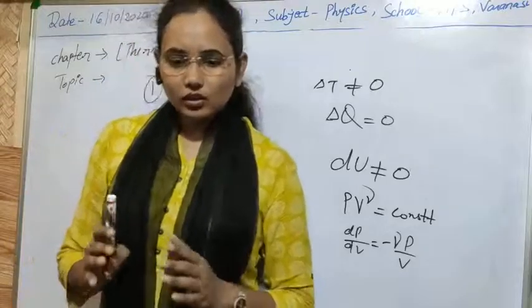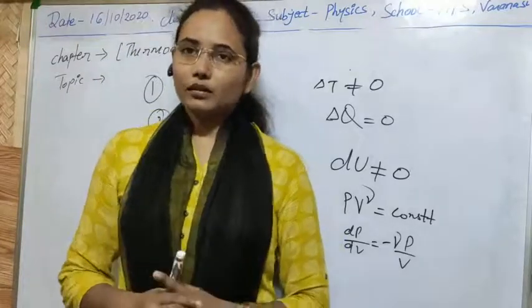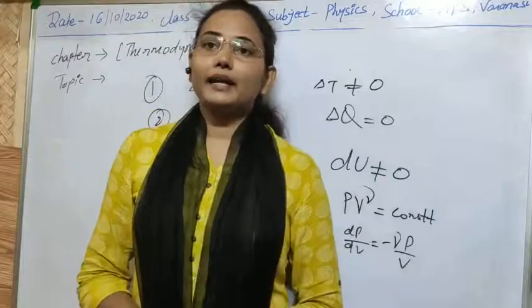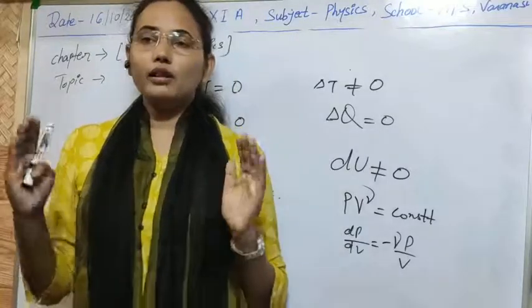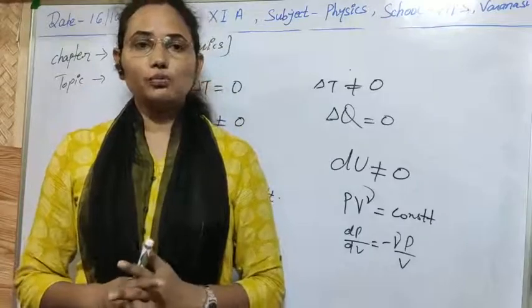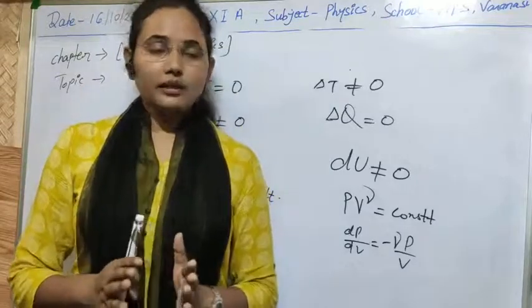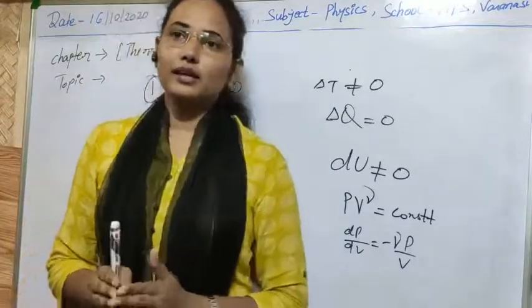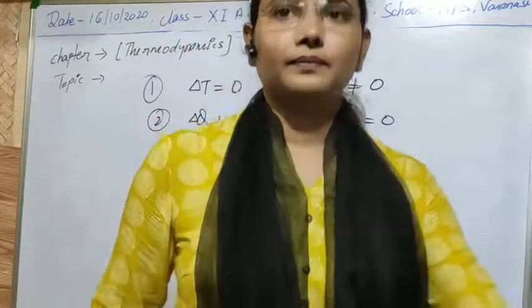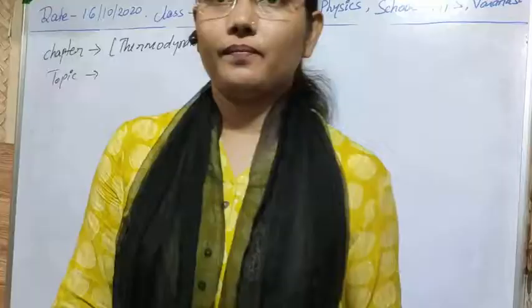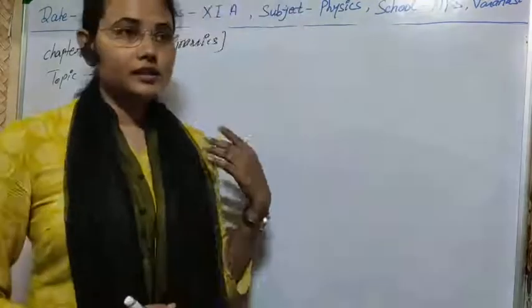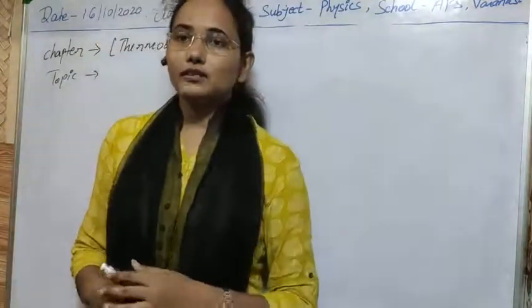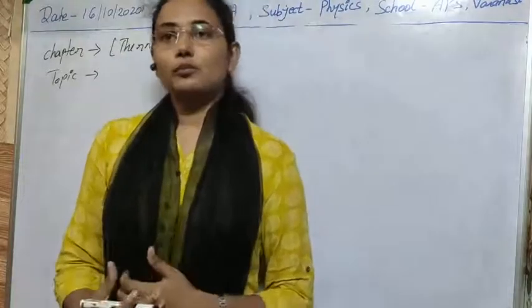So I think the concept of adiabatic and isothermal process is now clear to you. I have told you all the information about these two processes. I think they are very important, and that it is totally clear to you. So the next case: let's see two more processes, which are the isochoric and isobaric processes.